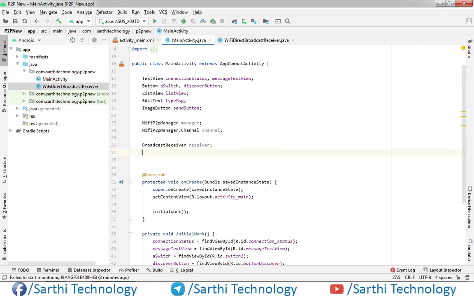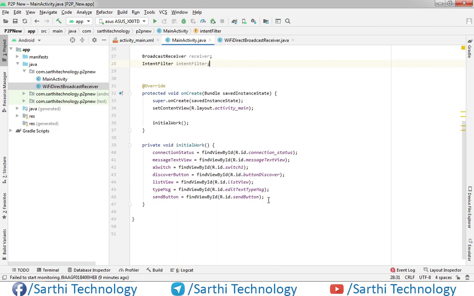Now create one intent filter. So we have these four objects.